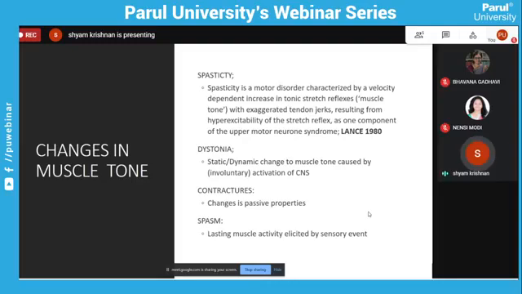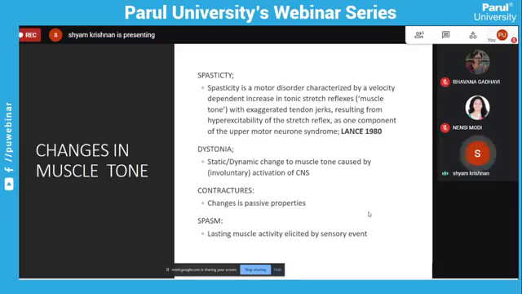So it is essentially not just an increase in tone. It is not just an elevated tone which is persistent, but neurophysiologically, the exact definition of spasticity is that when you perform a passive movement, there is a velocity dependent increase in the resistance offered. Velocity dependent in the sense of the velocity with which you are moving. Depending on that velocity, the resistance offered can be more or less, and that is exactly what spasticity is.